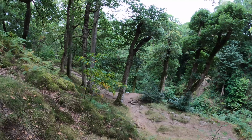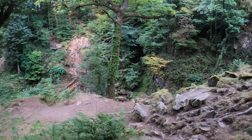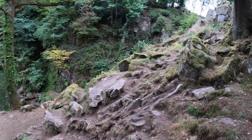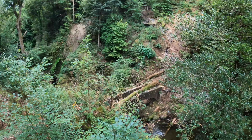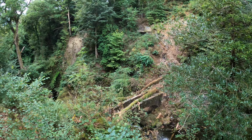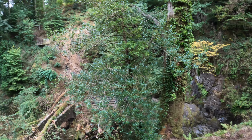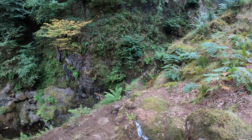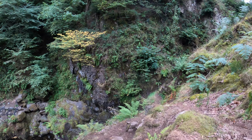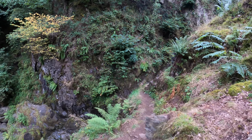Well, it looks like there was a lower bridge down here which you get a better view, but it's closed. So hopefully you can get a view this way. See where the lower bridge is closed? There's a massive tree fallen on it, which is a shame because that's obviously where you get the best view for the waterfall. Actually, I see there is a bit of a path around here, so maybe